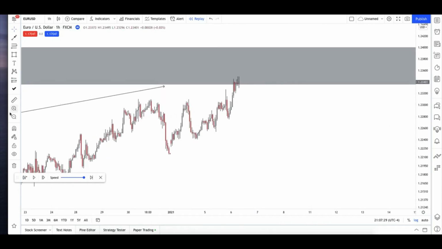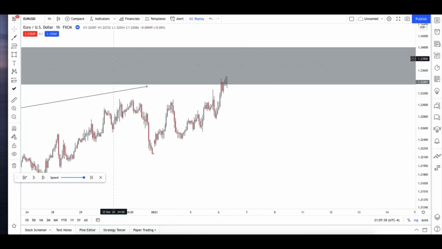we still don't want to enter because our stop loss will be way too huge, right? Now if we entered, our stop loss would have been 60 pips. We don't want to do that. We want to wait for a lower time frame confirmation entry, right? Now on the hourly,